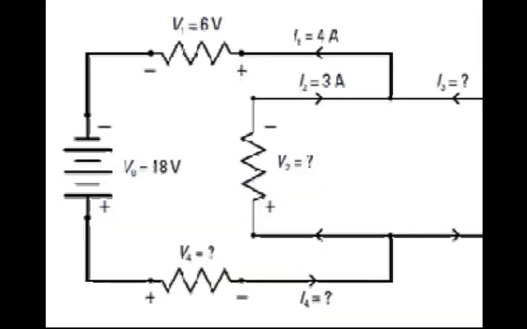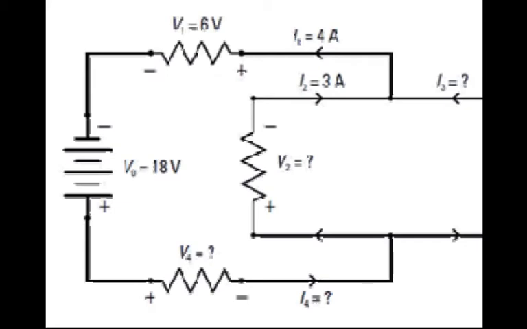Let's look at our current. So the current through this branch here is 4, which means the current through our source is 4, which means our current through this branch here would be 4. So our I4 is 4 amps,